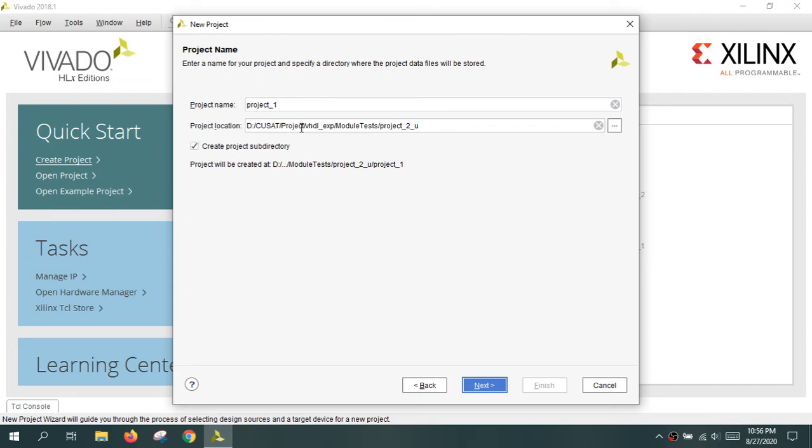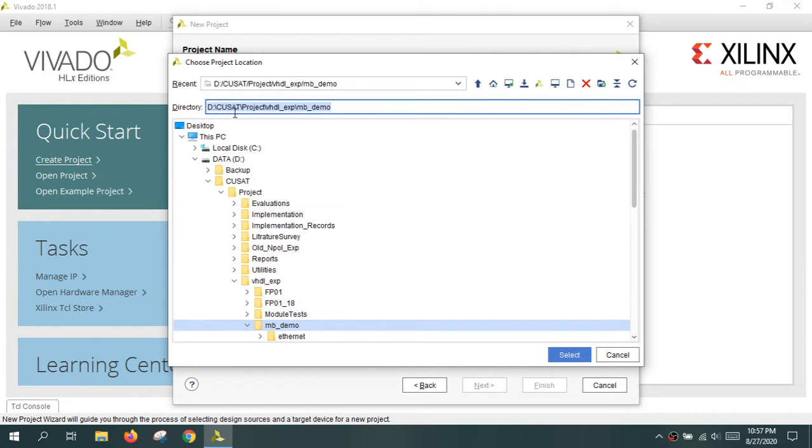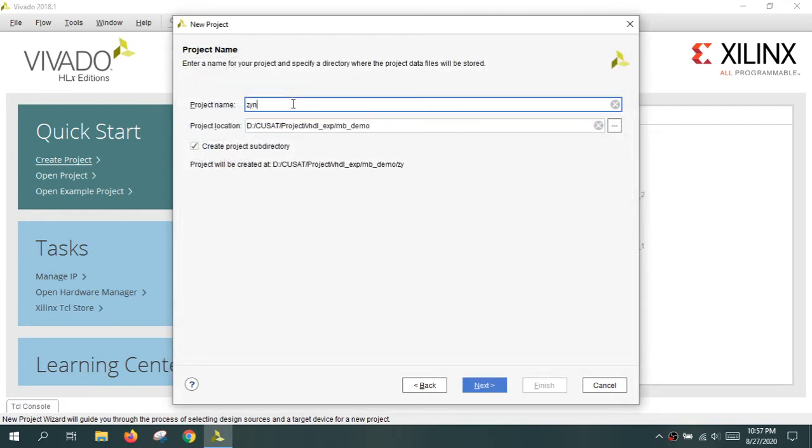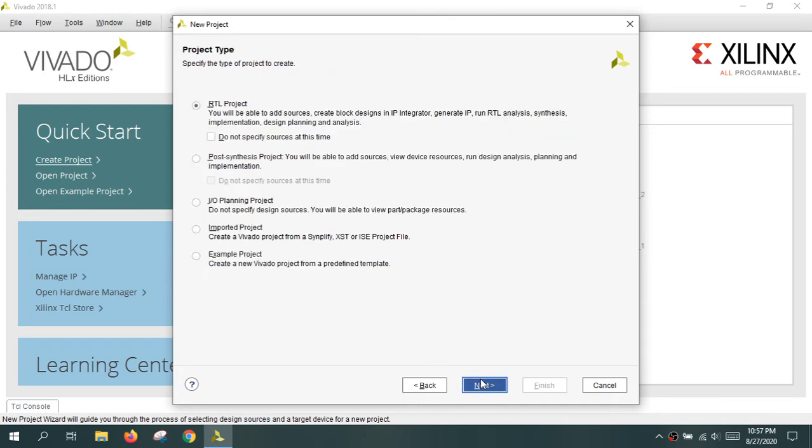You can give a project name. Select the folder where you want to save your project. Give a name for your project and click next. You can select RTL project and click next.